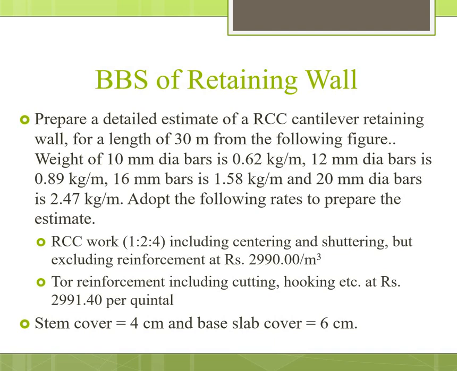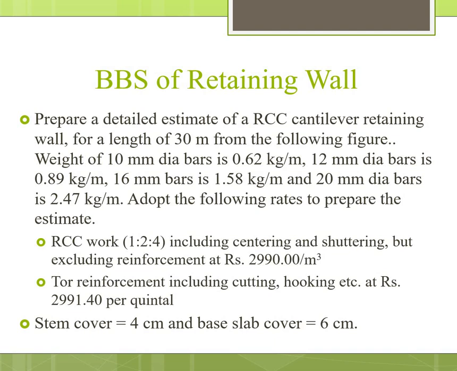The weight of 10 mm diameter bars is 0.62 kg per meter, 12 mm bars is 0.89 kg per meter, 16 mm bars is 1.58 kg per meter, 20 mm bars is 2.47 kg per meter. When the weight is given in kilogram per meter, it is easier for you. You need not know the density, you need not find the volume. You just need to know the length of the bar for each different diameter. Once you know the length, you can multiply it with this value and you will get the weight